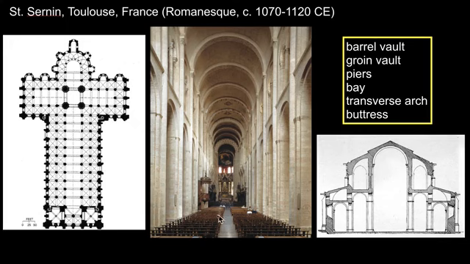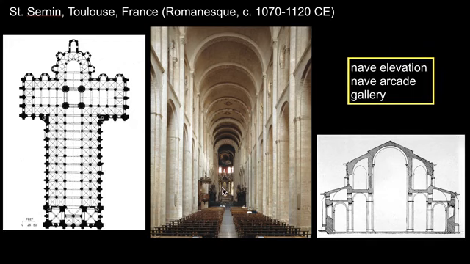The rhythm of the nave, its regularity and order, help to propel the viewer towards the apse end of the church where the altar and relics are. In the nave, we have a 2-part nave elevation, which means we have a nave arcade or row of arches as the first story, and then a gallery level above, with windows to help the nave have more light.